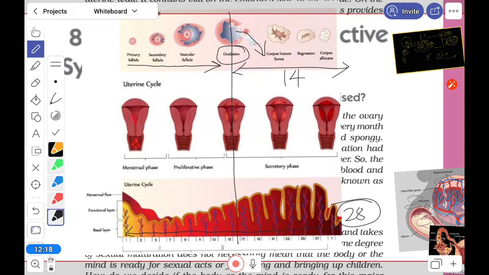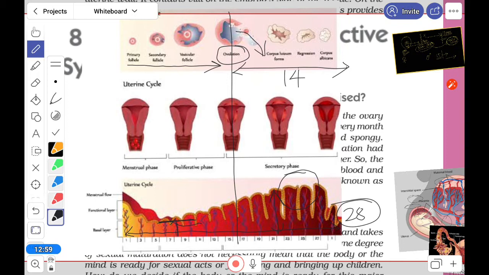Now all these things you have to understand. Look at here, inside the ovary, while the preparation and production of the egg is going on, at the same time inside the uterus also the wall is prepared. See that the wall was thin, now it is a thick wall. Why is it prepared? Because if this egg is fertilized, it will come here and implant. For the implantation, that preparation is there.